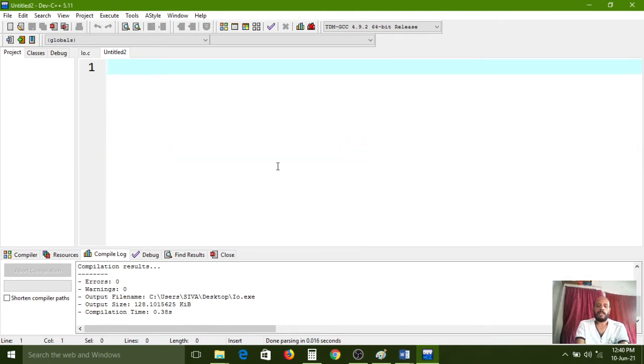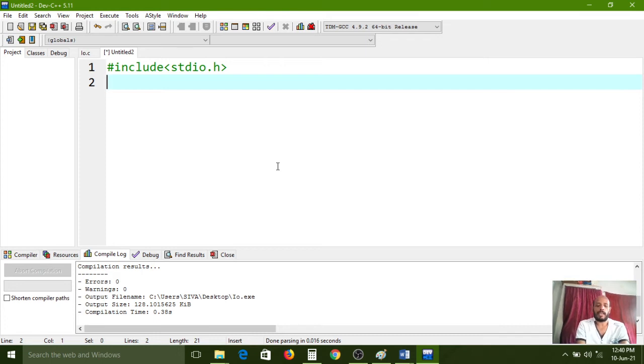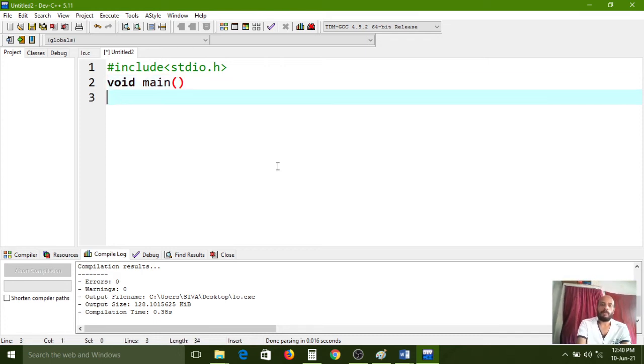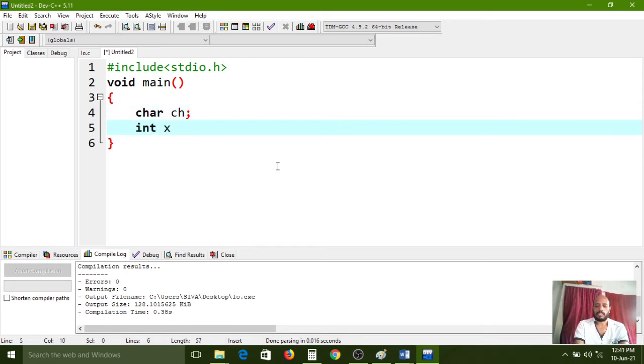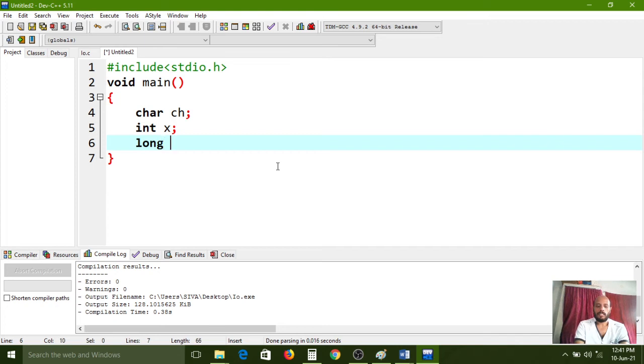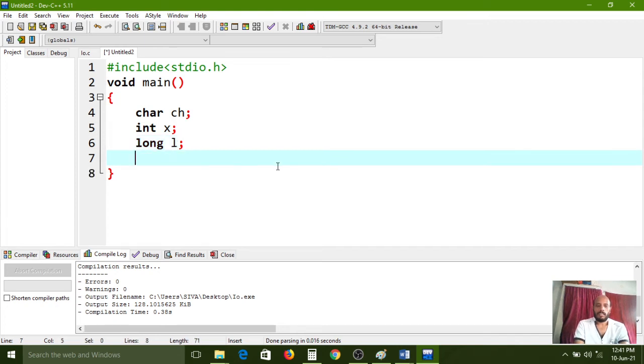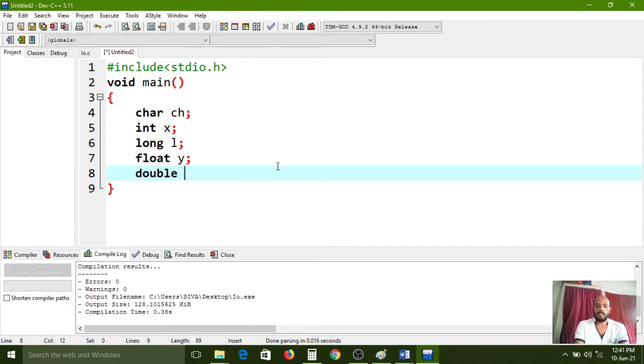So one more example I am using: #include <stdio.h>. So format specifier functionality is like that. void main(). Now here: char ch, int x, long l, float y, double z.